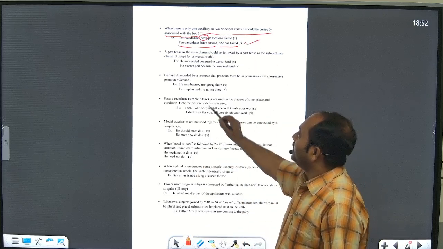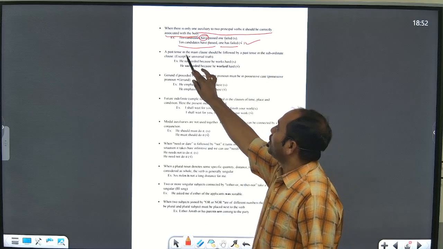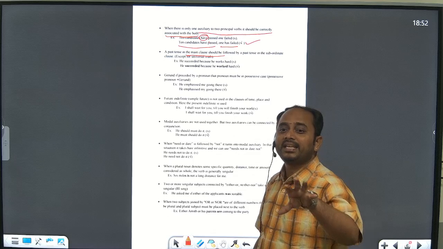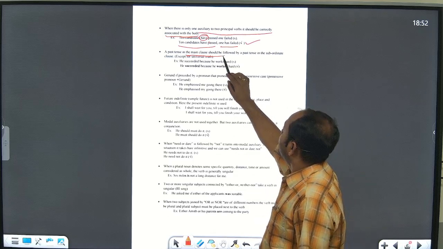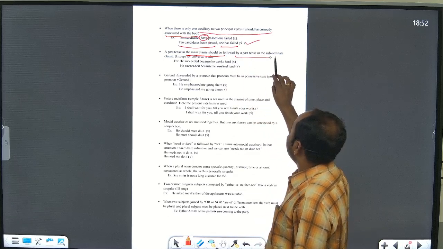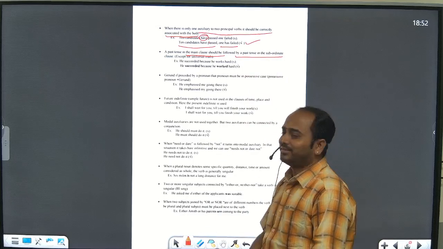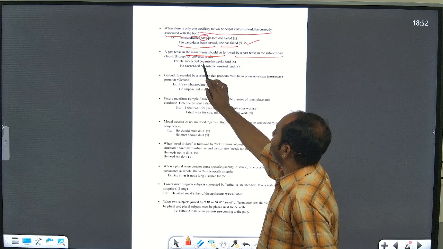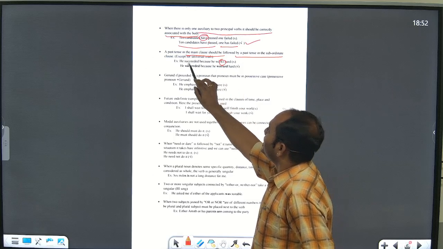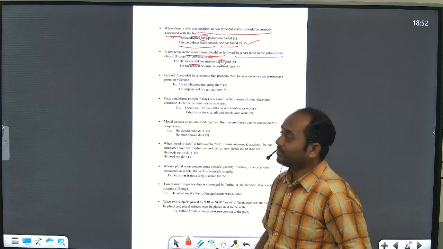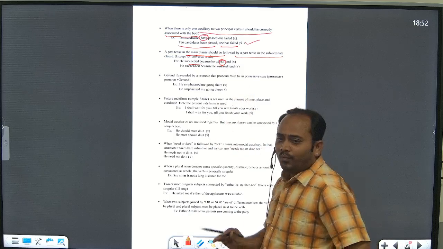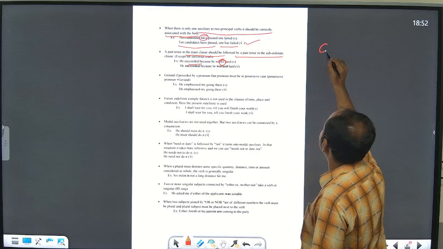And next one, a past tense in the main clause. Main clause means main sentence. It should be followed by the past tense in the subordinate clause. See, "He succeeded because he works hard." Succeeded is the past and works is the present. When you wanted to combine,